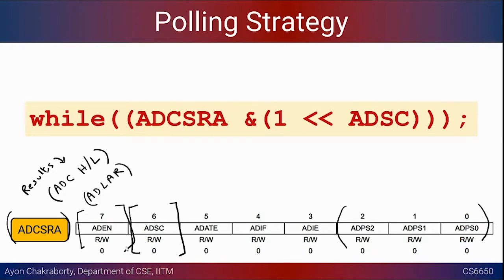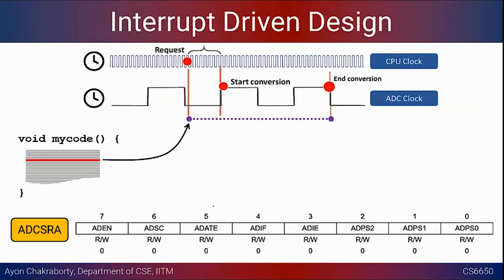So the other option was to keep the CPU not busy, as we saw in the polling strategy, and that is by something called interrupts, right? We are going to discuss more on what an interrupt is and so on. And if you see in the figure, if we look at the CPU clock, let's say the request came at a particular point in time. So I have marked that with this red circle.